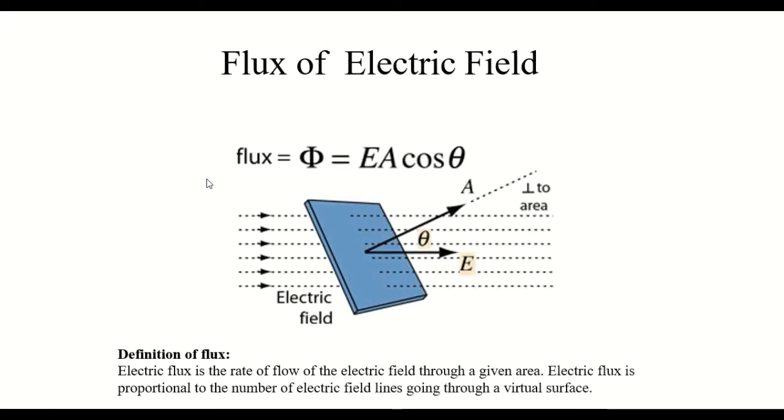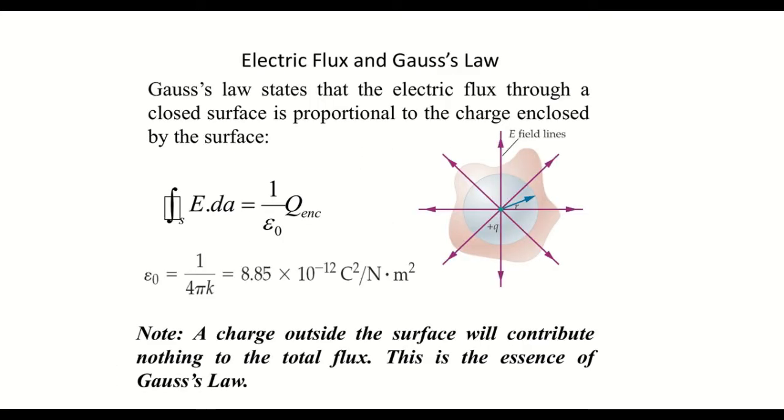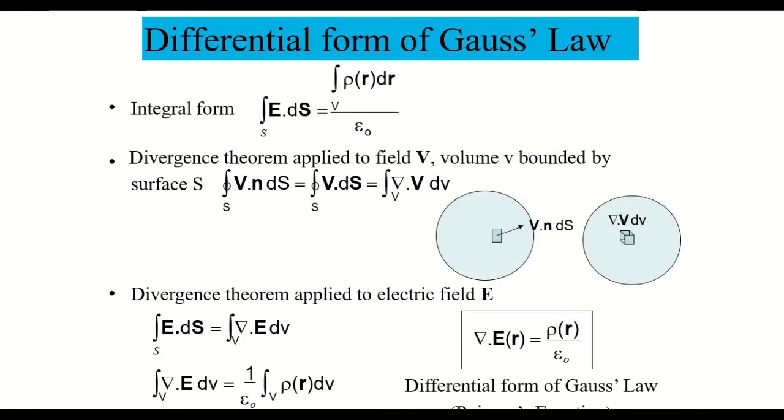If we go to the last slide, what we said is that flux is E dot A, isn't it? So if the dot product is taken between the electric field and the area, then we can get the flux of the electric field. By doing this whole surface integration, we get the flux. This flux equals the total charge enclosed by the surface divided by epsilon naught. What is epsilon naught? That is the permittivity. Now we have the idea of what Gauss's law is.